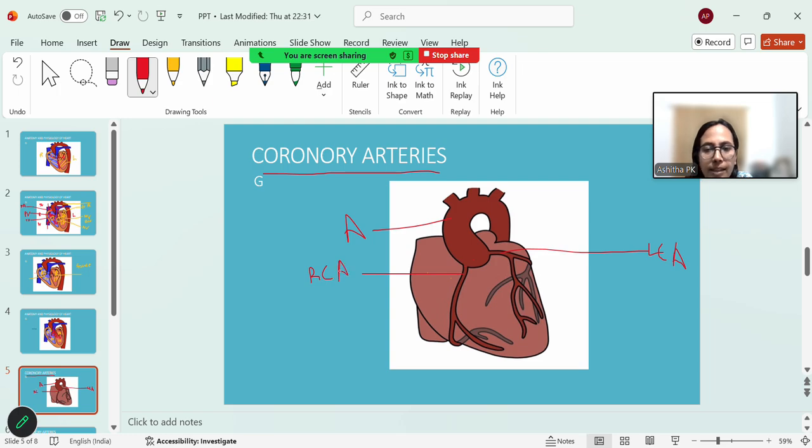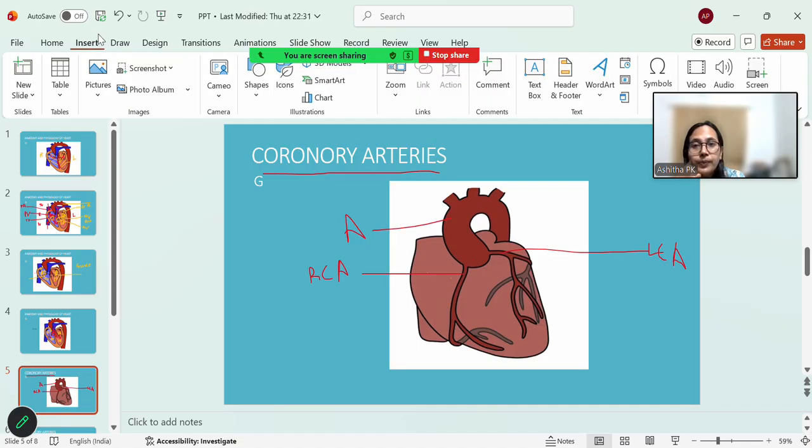The right coronary artery supplies the right side and lower part of the heart, the right side and under the heart. Then this right coronary artery supplies oxygenated blood to